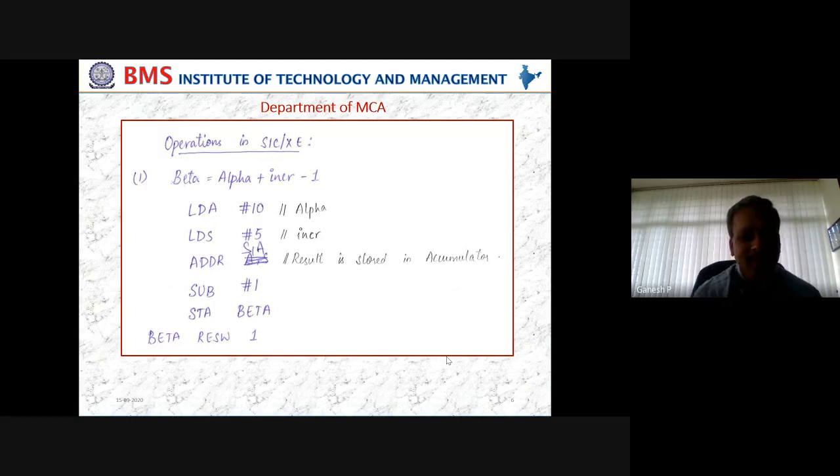We could have done ADD with #5. That is also possible. But to give a flavor of how the registers of SICXE can be used, we have used another register by the name S, with LDS. You know that the registers S and T are general purpose registers. Again, there is no rule that we have to write in this way only.